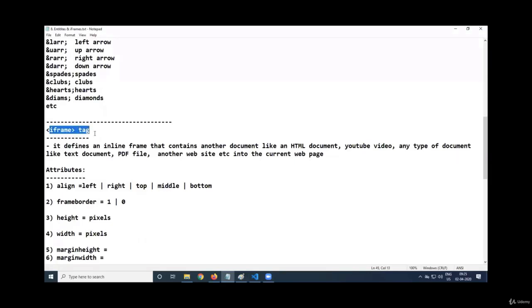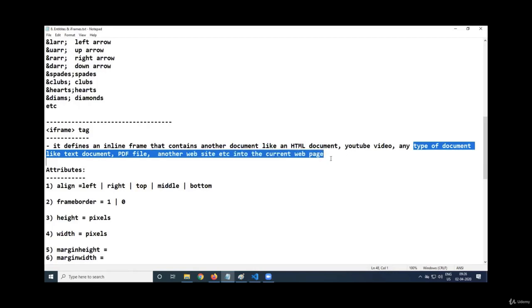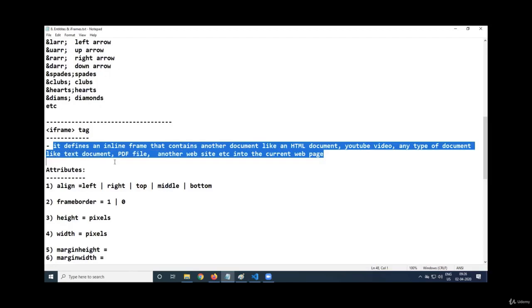The iframe tag defines an inline frame that contains another document like an HTML document, a video, any type of document like a text document, PDF file, another website, etc., in the current web page. If you want to keep any other type of document or a YouTube video or a 360-degree image, we use this iframe, inline frame.